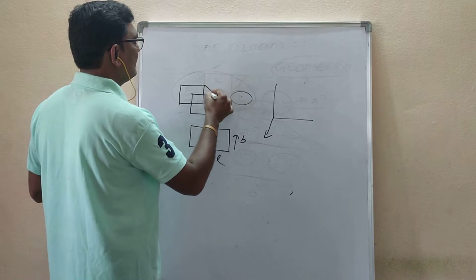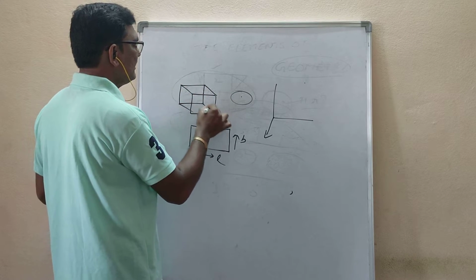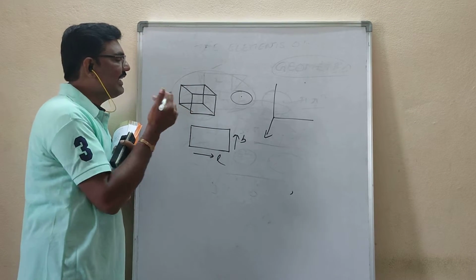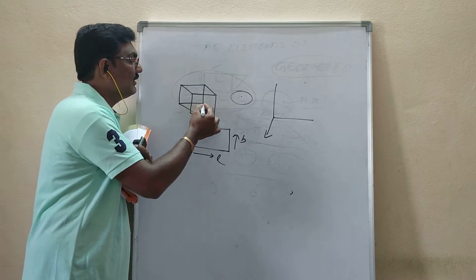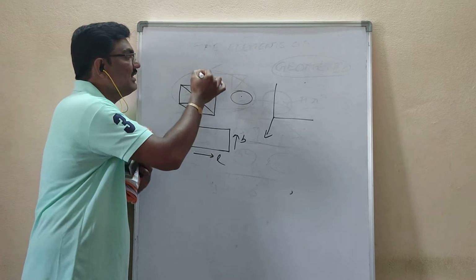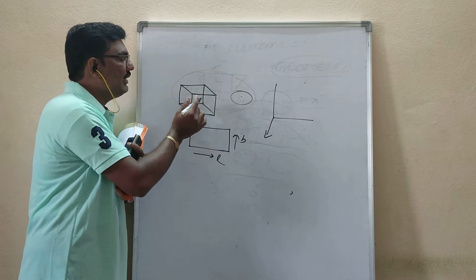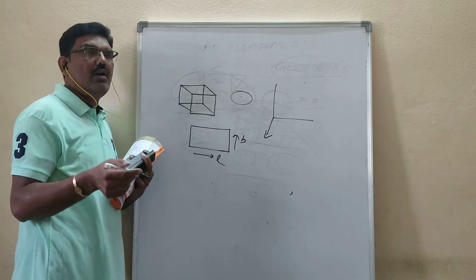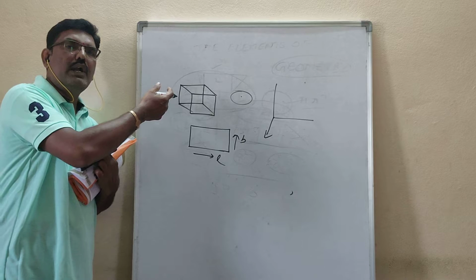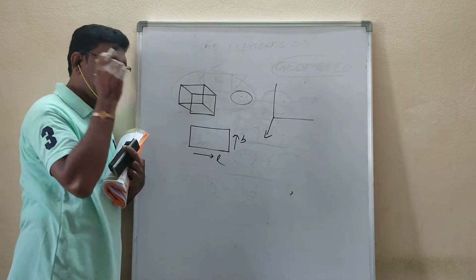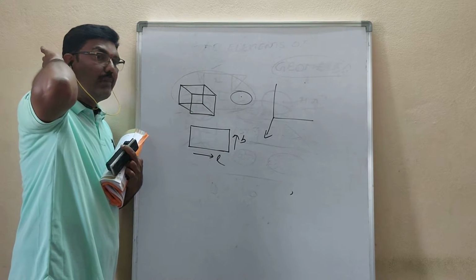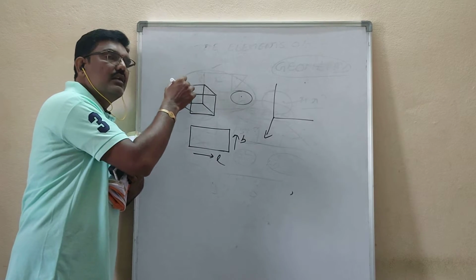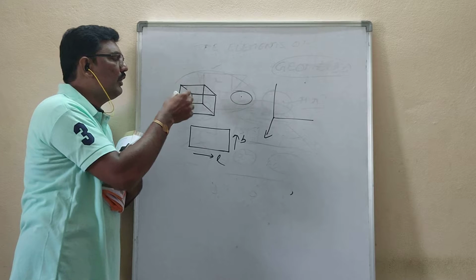We have done it here like this. What is this? It is a cube. Here I can say this is length, this is breadth, this is height. But you are representing a 3D figure on 2D. What I said is, if you draw any figure, it is two-dimensional, but what I am doing is representing a three-dimensional figure in 2D.